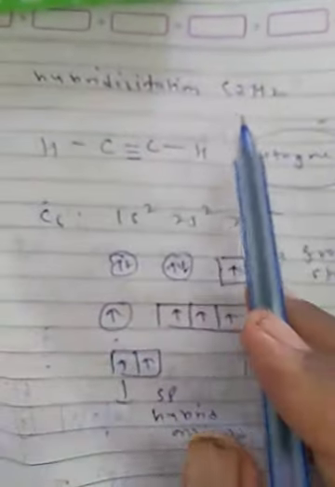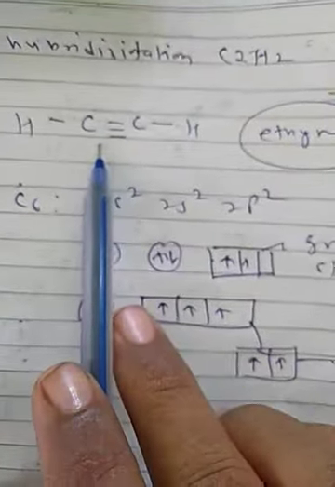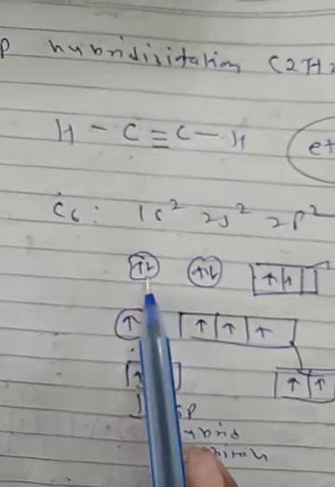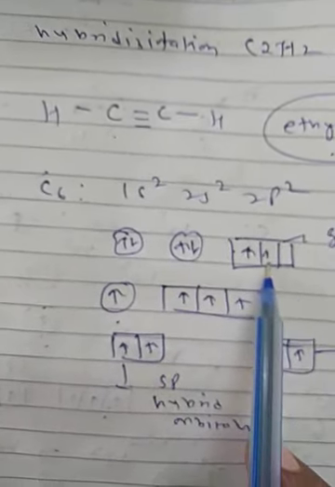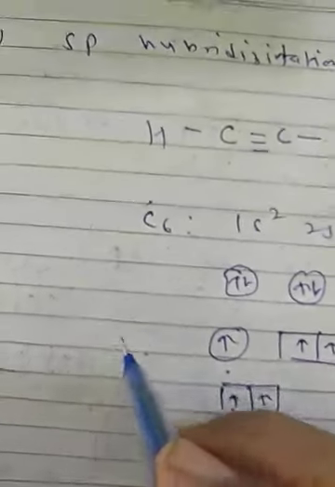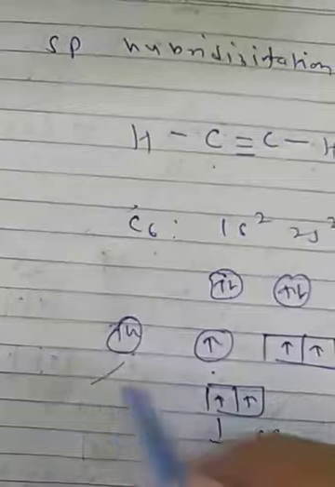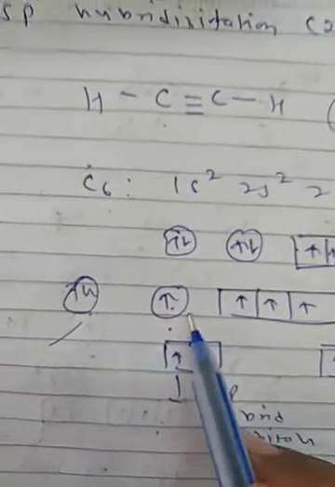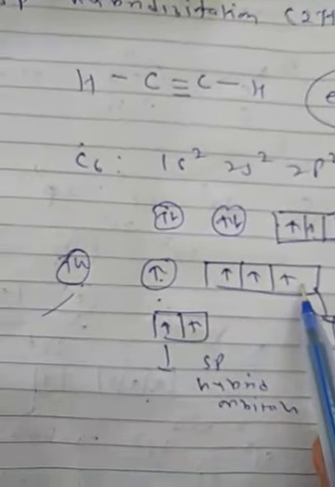sp hybridization, C2H2. First of all, draw the structure: C and C, H and H, that is ethyne, with a triple bond. Carbon in the ground state is 1s2 2s2 2p2. In the excited state, 1s2 has no participation, and one electron from 2s1 shifts